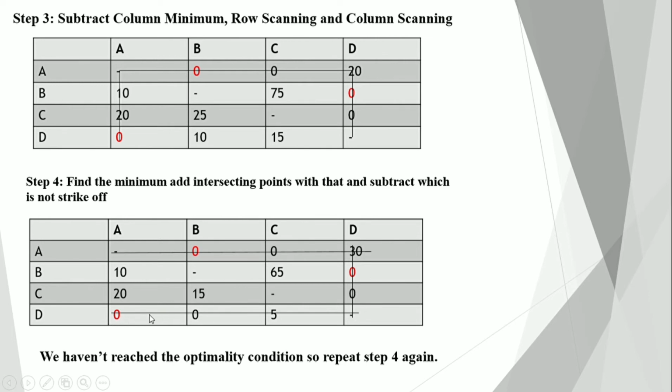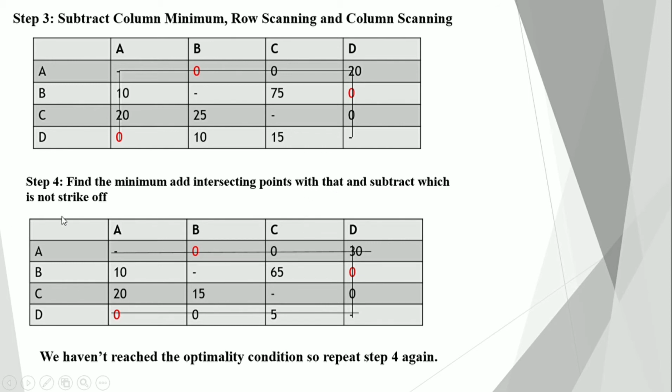Again the same step, column scanning. In column A there is a 0, so we will strike off that row. In column B we have the 0, we will strike off this row. There are no other zeros. So we have reached 3 zeros here. We have 4 rows and 3 zeros, and that is not equal. So we will again do the same step, adding the minimum at the intersecting points and subtracting